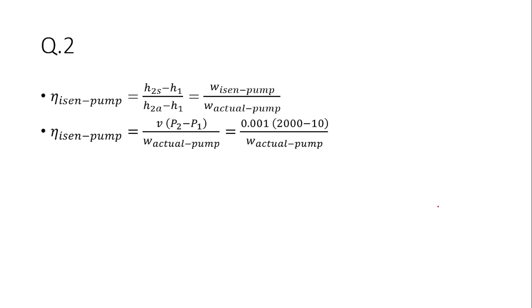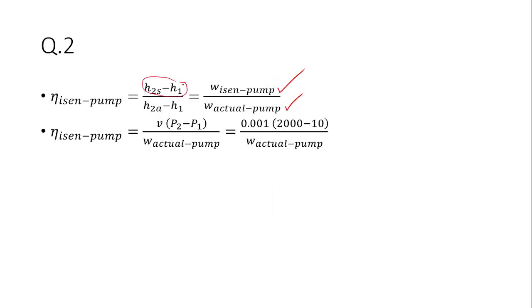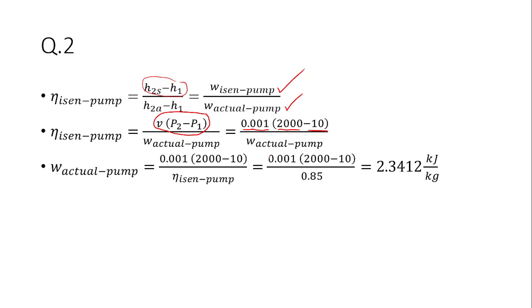So another way we can look at the isentropic efficiency for the pump. Remember we said it's going to be the isentropic work of the pump over the actual work of the pump. And we said the isentropic efficiency can be written as this. But then from the calculations that we did in the previous example in question 1, we were able to relate it to this. So this formula here is for isentropic work done, right? So I can just find that work. I know my specific volume, I know my P2 and P1, right? So I can just put them in there, and then